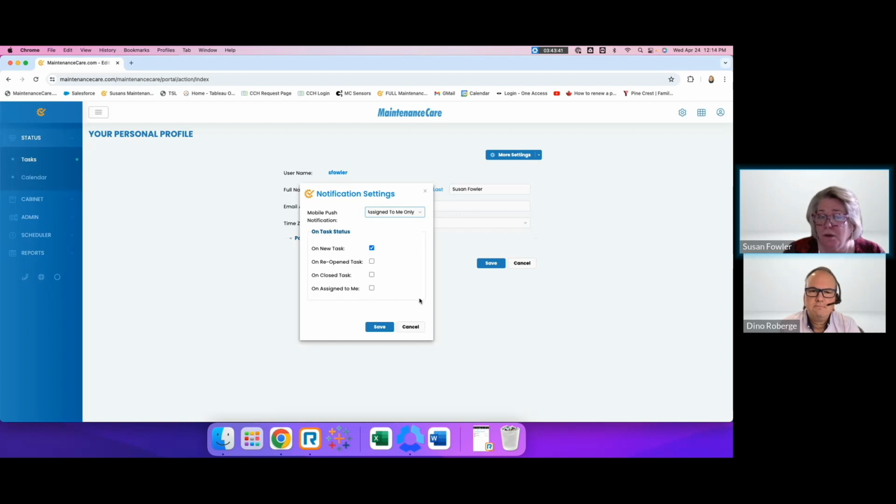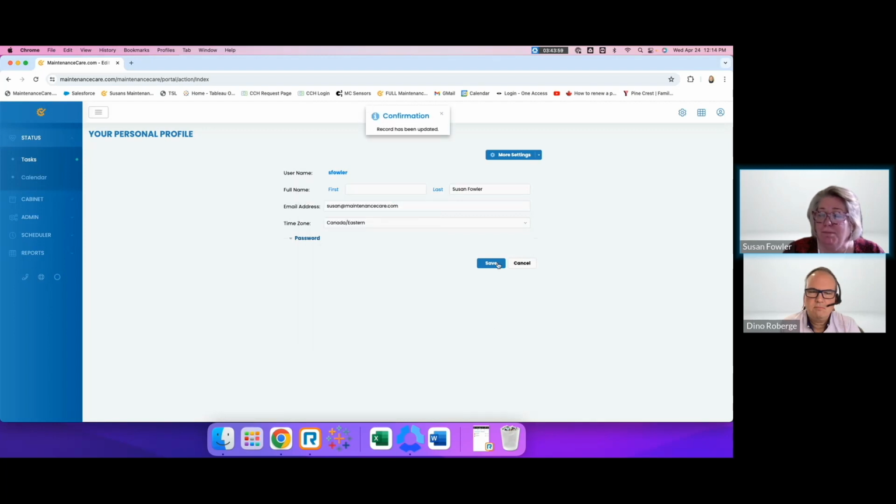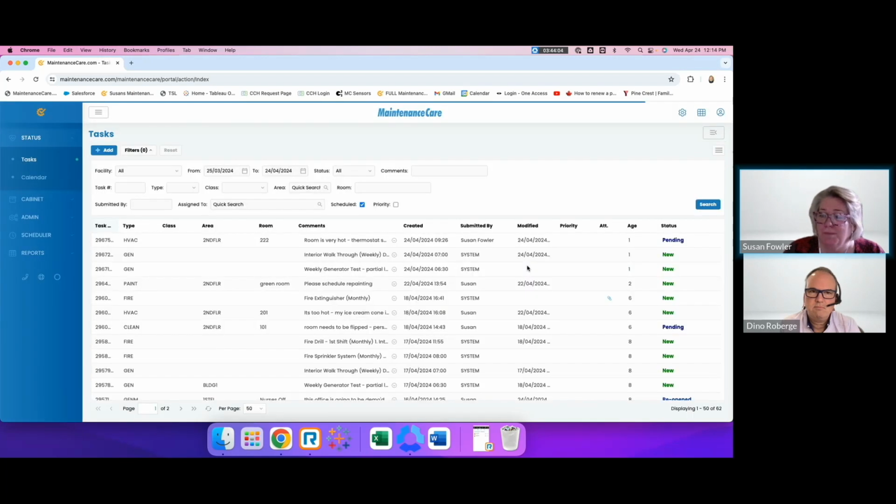You can actually go in and play around with some of the notifications, but just remember every time that you do turn on a notification, you're going to get a notification. So maybe try and keep it simple. But again, these are the two primary ones as far as the system goes. Okay, so I'm just going to turn mine off because we don't need to get any alerts right now. So I've made my changes. I'm going to save, and then I'm just going to cancel out,